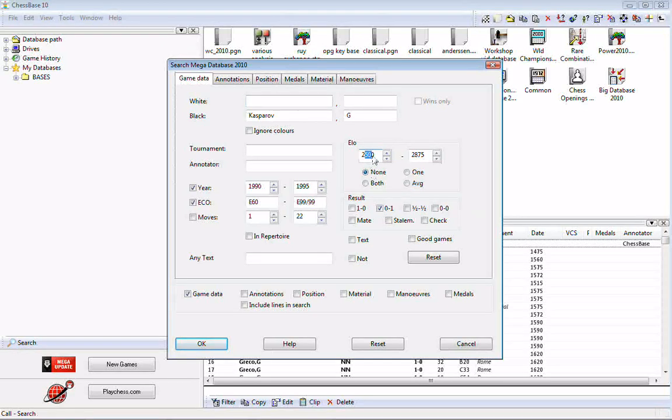And let's say players have to be rated 26. Now let's make it 2,700, because this may actually come up. No, I think it'll come up maybe one or two. 2,700 up